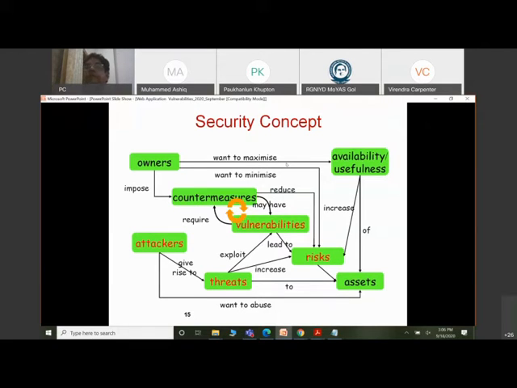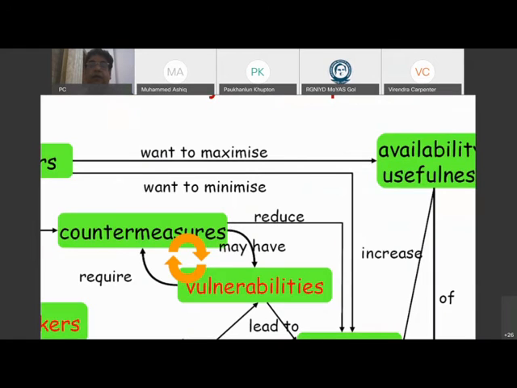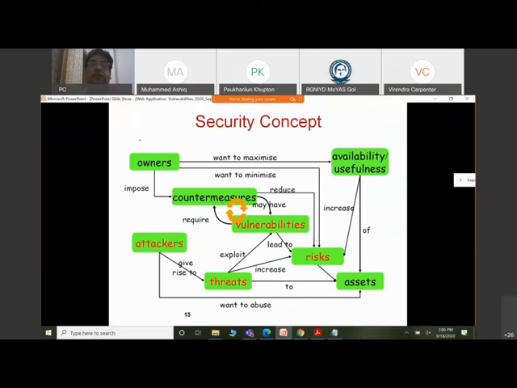Okay. So now you will find there are some components in this. We have the owner. For example, I'm taking a very simple example. IRCTC is the owner, or Indian Railway, government.in is the owner. And this owner has certain assets. What are the assets? Assets may be the customers who are registered on the IRCTC website, the particular vacant seat